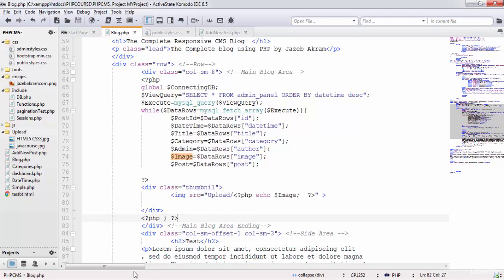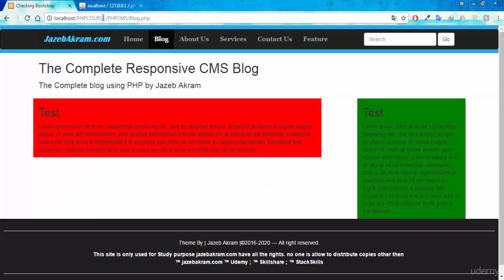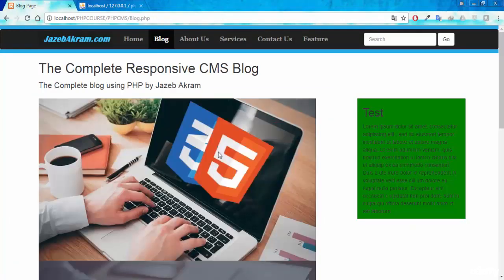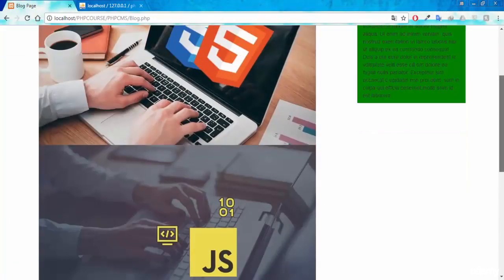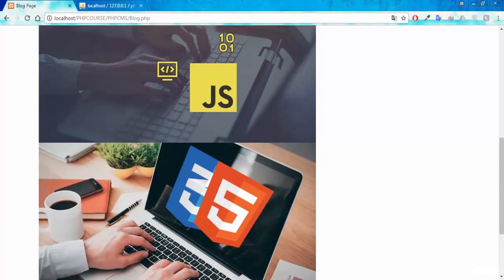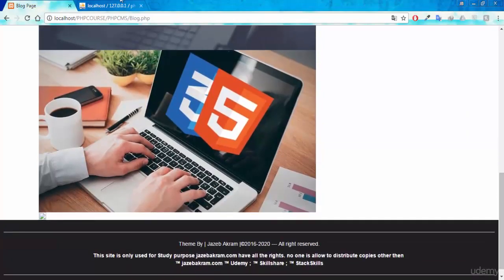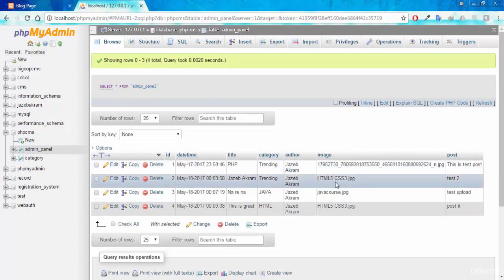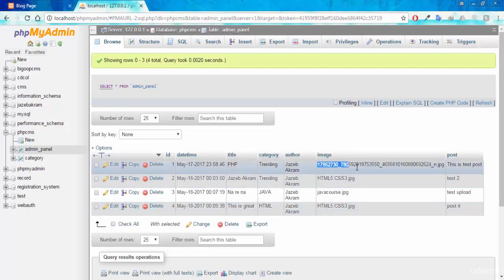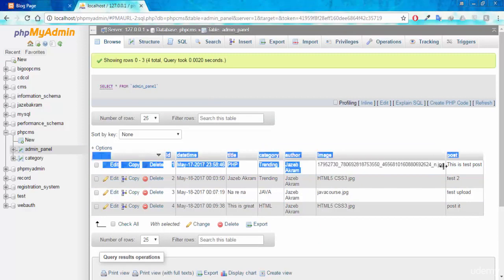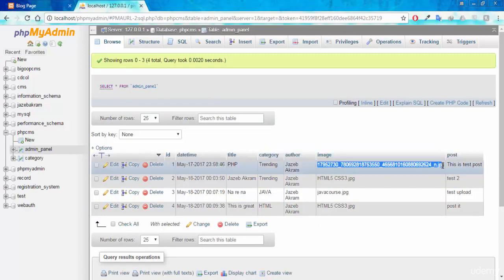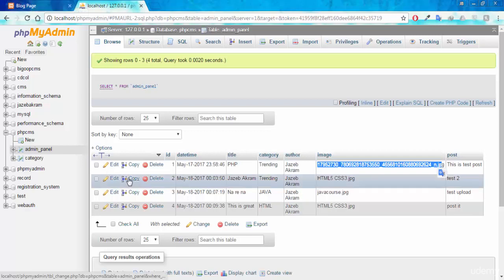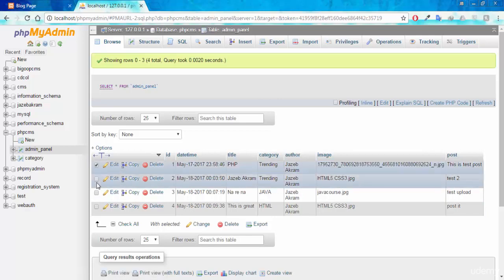So if I save this one and refresh this page of blog.php, now you can see we extracted this image from our database, then we extracted this image again, then this one again, because we saved this image 2 times of HTML5 and CSS3, and this one was the mistake which we made when we learned about the move upload function. So just give me a minute so that I can post properly and add some text as well. So I'm gonna delete all these posts from here,